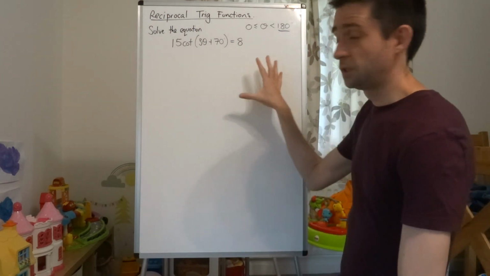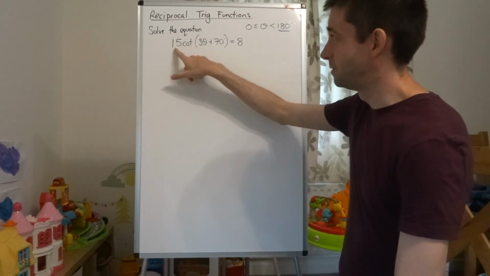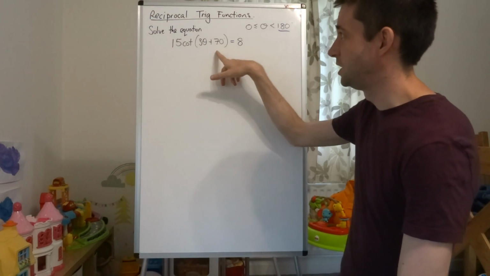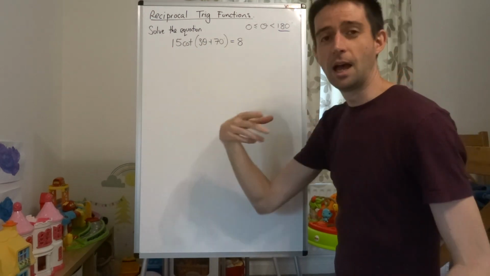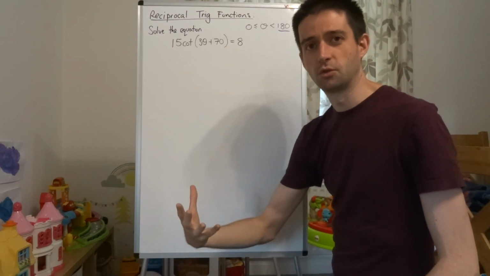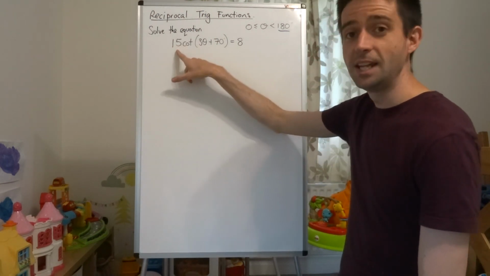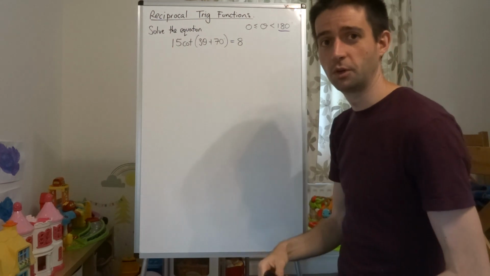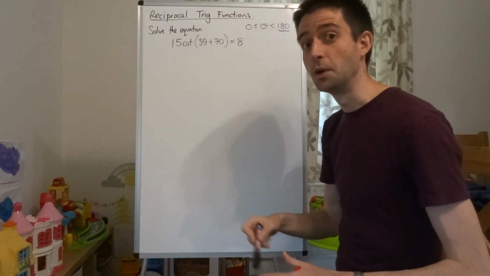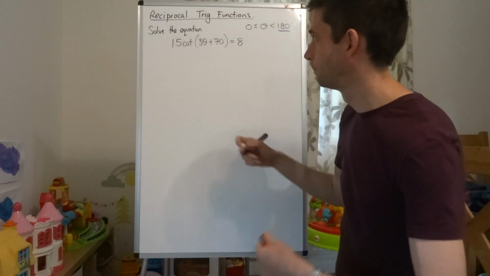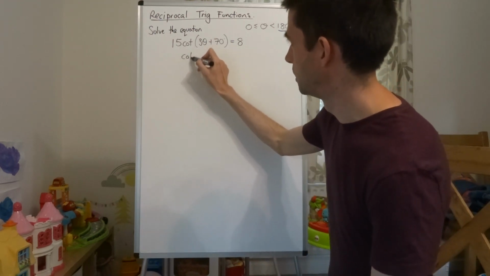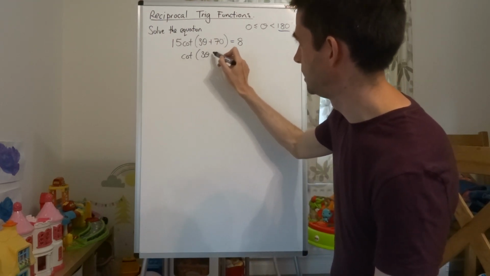Now, the purpose of having this example here is I've got 15 cot and then 3 theta plus 70. And what sometimes happens is people mess around trying to take reciprocals and get in a pickle. You need to divide by that 15 before you start taking reciprocals. Get the cot on its own before you do any flipping. So the first thing I'm going to do is write that cot of 3 theta plus 70